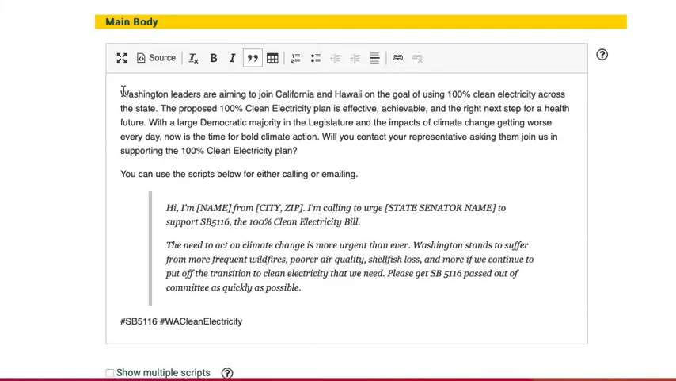And then finally, I filled out the main body. You can read the script if you want, and this includes a script. Hi, I'm Name from City Zip. I'm calling to urge State Senator Name to support the bill. We need this to happen now. Okay. Now, before I click the Submit button, I want to show you some of the things I'm passing over that were filled in